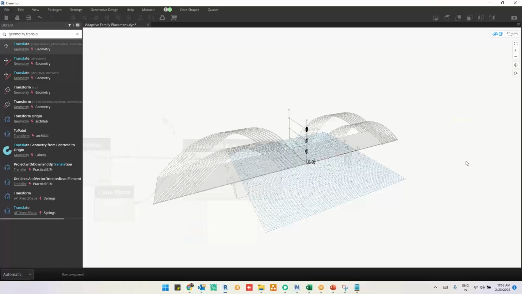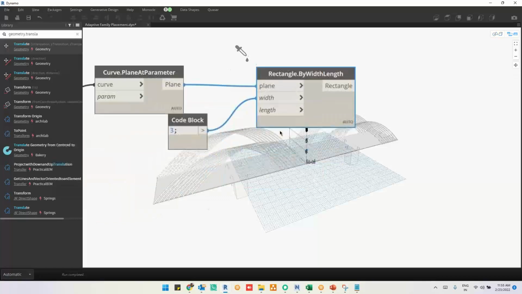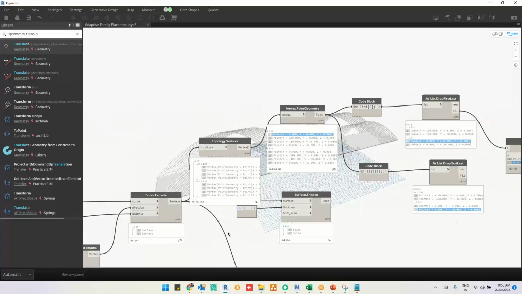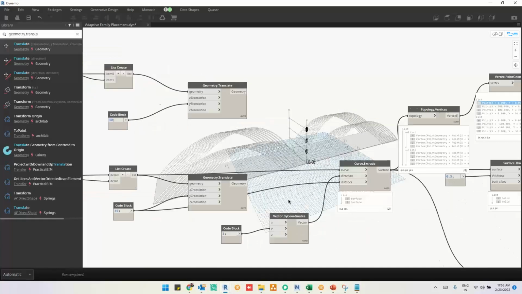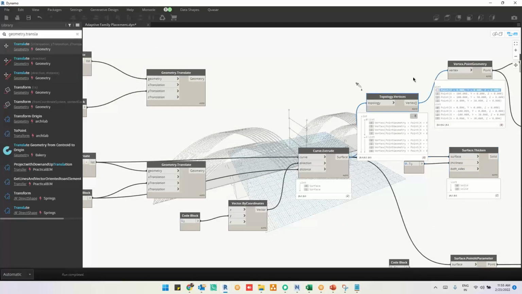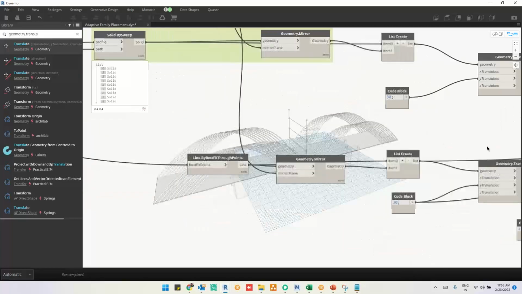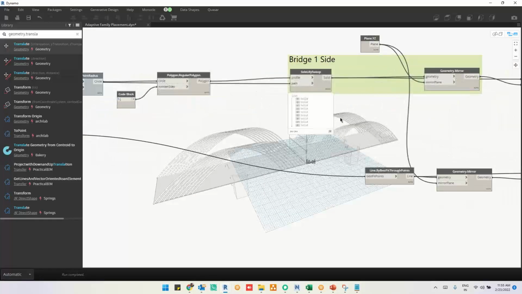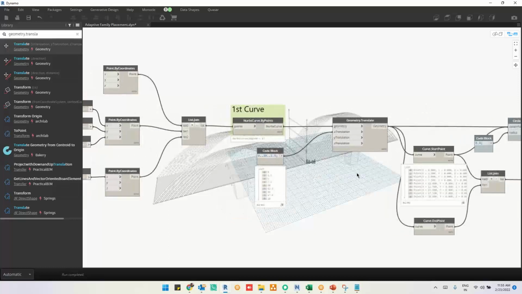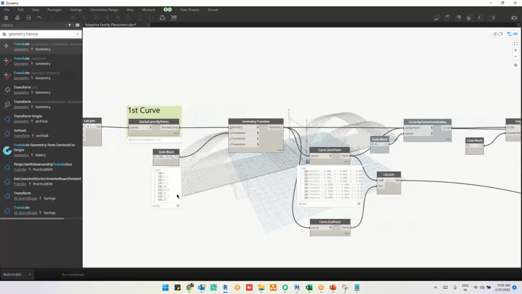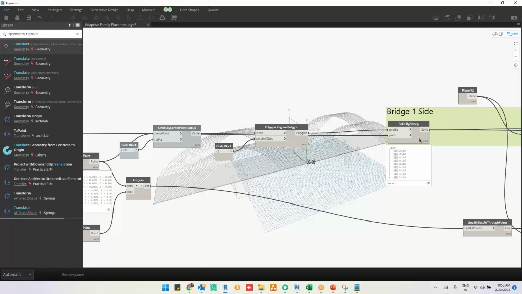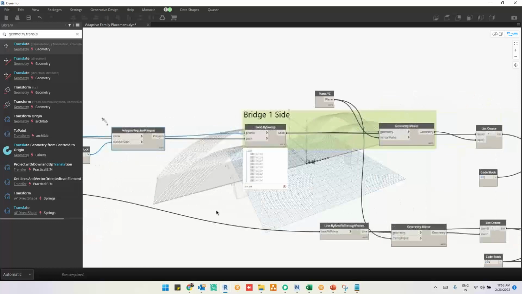What about the rail? For example, I want to take the same surface. I want to use a surface. I'll take the same surface. So curve dot extrude, where is the surface here? Surface dot thicken. No, curve dot extrude. Sorry. Geometry dot translate, curve dot start point, end point, still,